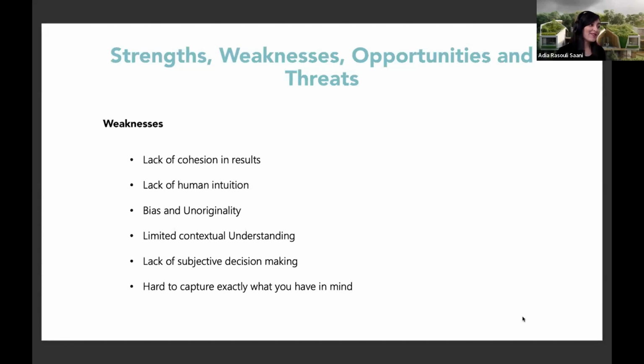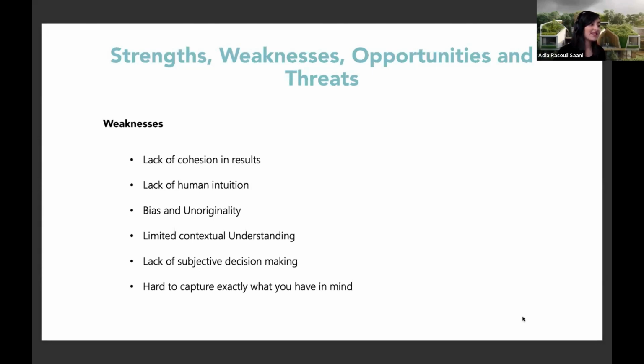Human intuition often leads to creative ideas that are novel and unexpected. AI tools might generate content based on patterns in existing data, which can limit their ability to come up with truly original ideas. That is why it is essential that what happens between AI and human designers is a collaboration and not just a human relying heavily on AI for ideas.